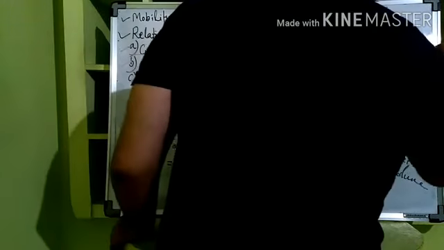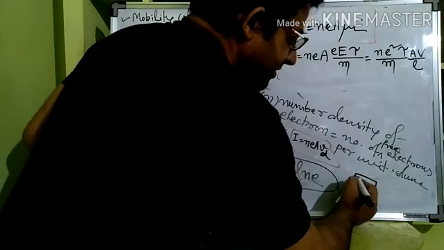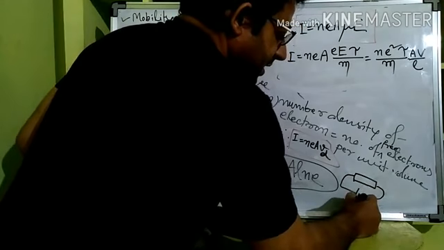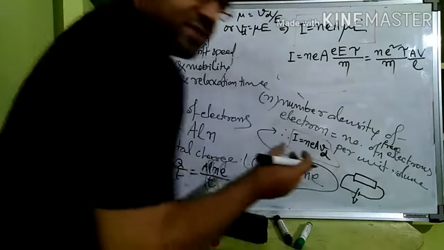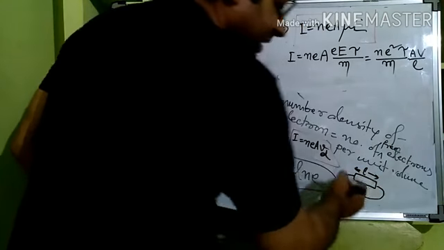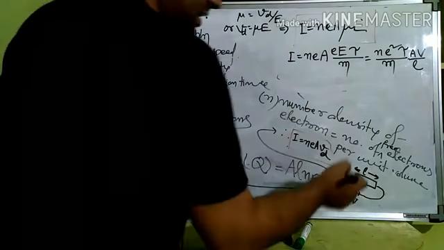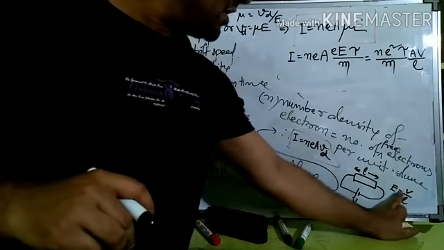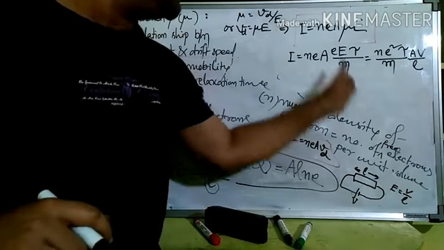E is equal to V by L, where you remember, let us say I am doing this in short, let us say this is the conductor and we applied a V, some potential difference given, and L is the length. Then what is the electric field established in the conductor? E is equal to V by L. At the beginning of the class I said to you, right, EL is equal to V, or E is equal to V by L.